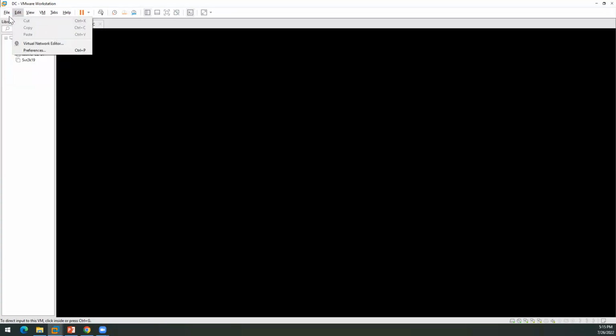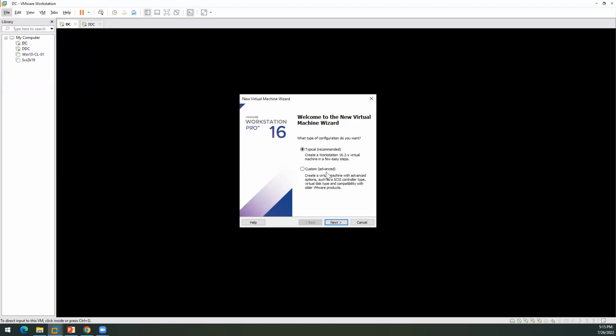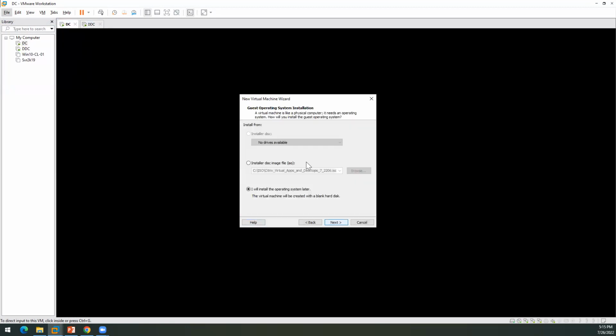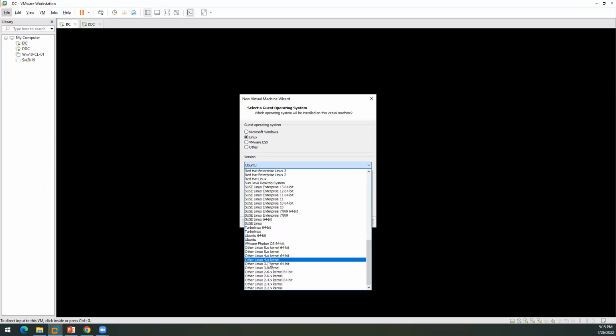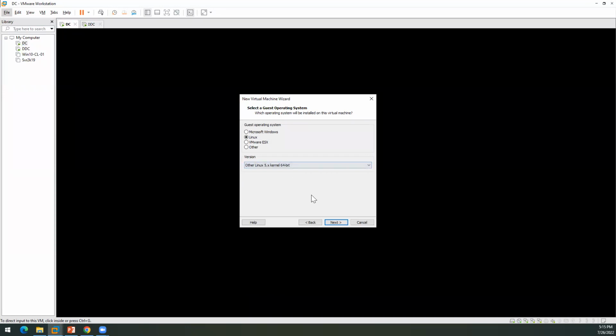click on File, New Virtual Machine. Typical is fine. I will install the operating system later. That is fine. Now from here, we have to select Linux. Why? Because this is a Linux OS, the hypervisor. And we have to select Other Linux 5.x kernel, right? Because we do not have any specific version for this. Okay, so you can select this. Now,